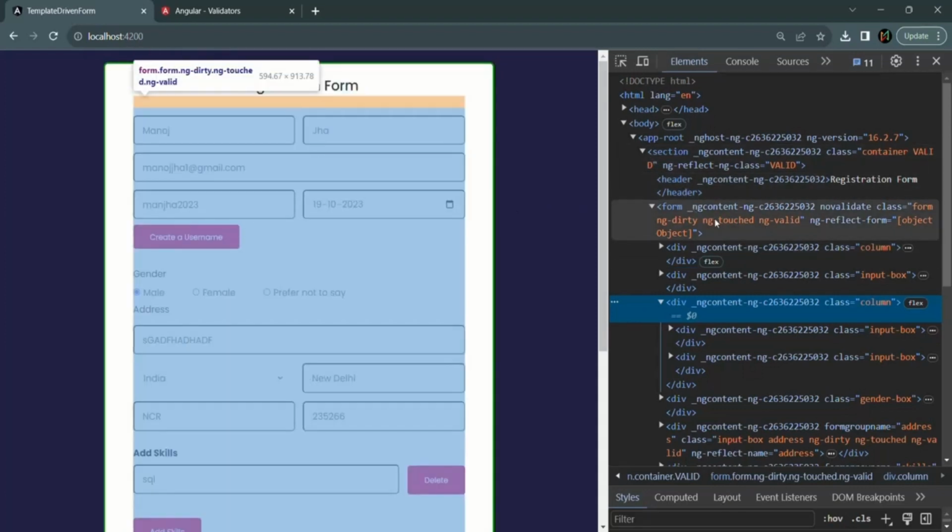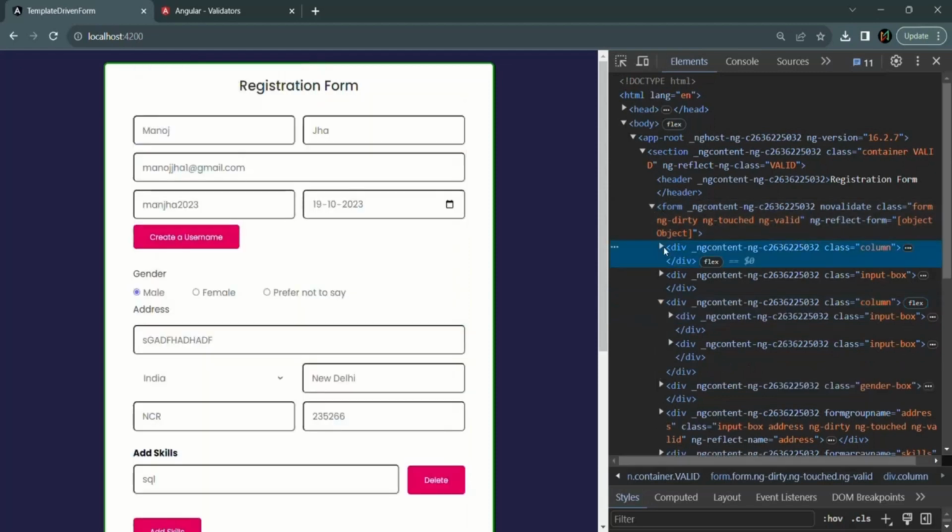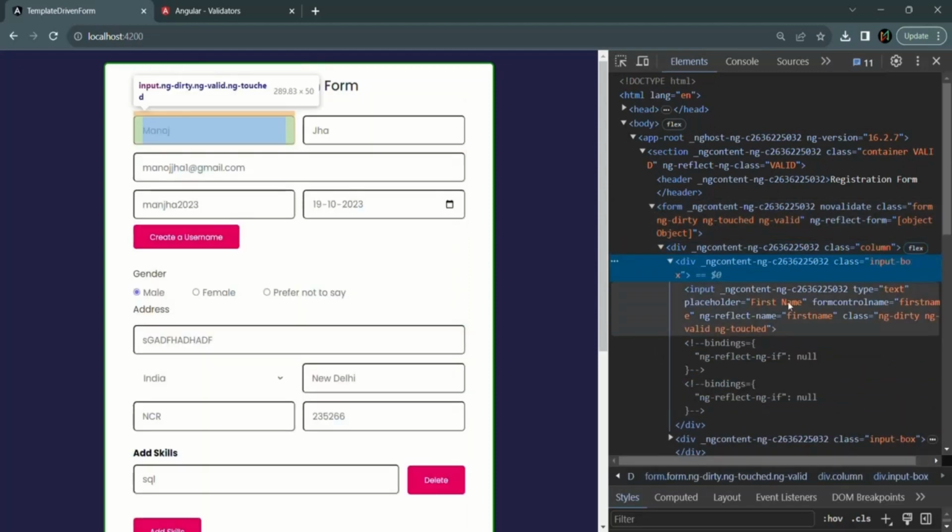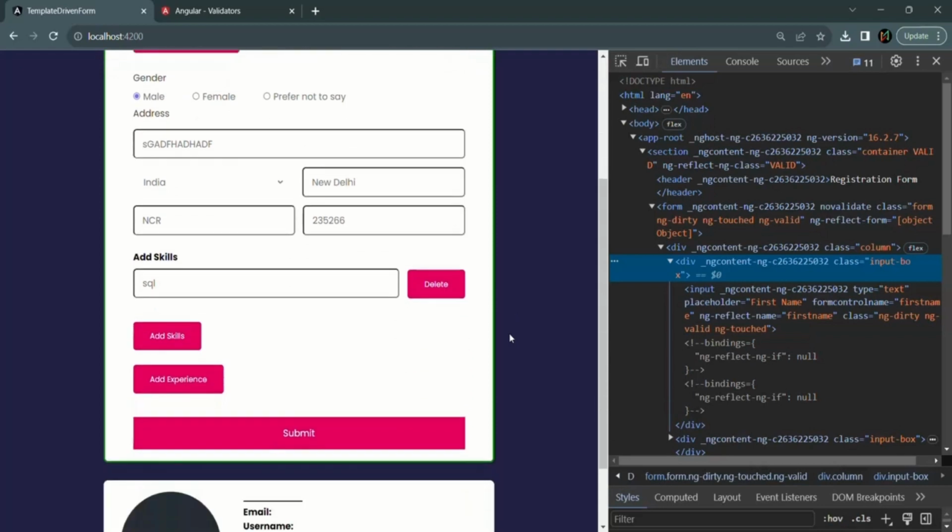So here we have our form. In this form, here we have this columns, and in this columns we have this first name form control. So currently on this first name form control, this ng-dirty, ng-valid, and ng-touched CSS class has been added. So this is the current state of this first name form control. Now as soon as I submit this form,